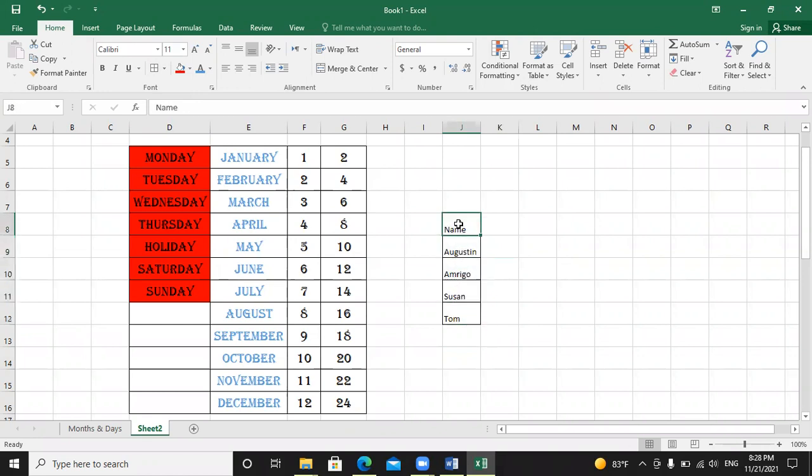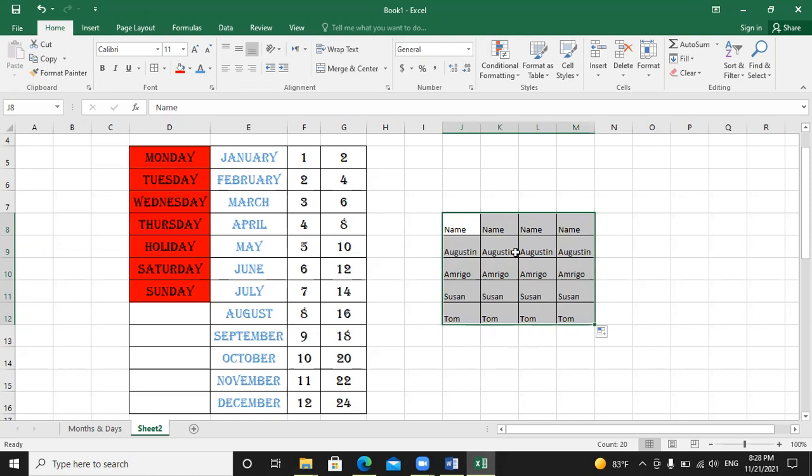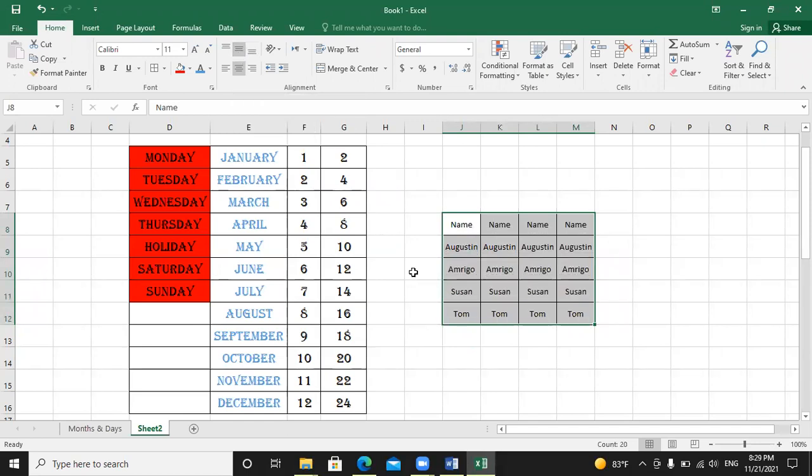After selecting the data, again you can see this point. From the mouse you have to hold it and drag. This will be the second column, this will be the third column, and this is the fourth column. Here you can see I have created it. In the beginning I had 1, but now I have 4 columns. I can center it and also make it middle aligned. This was practical number 2. Thank you very much.